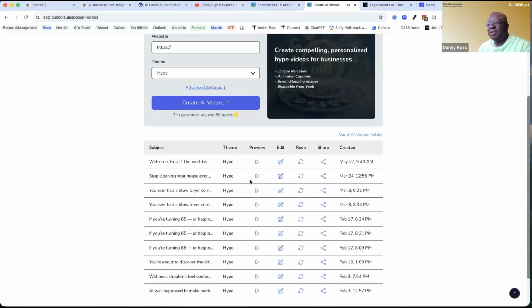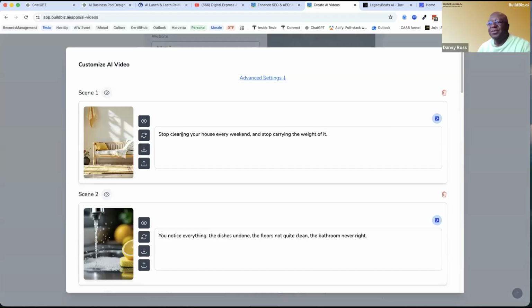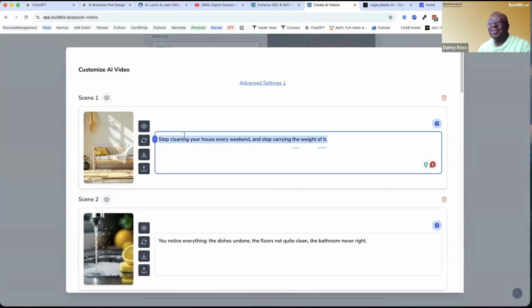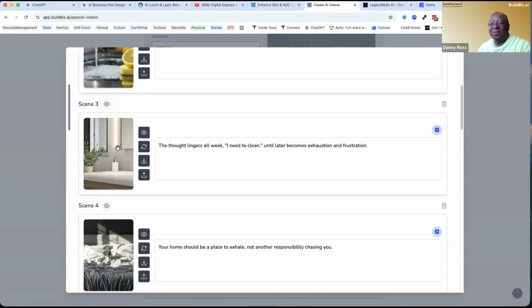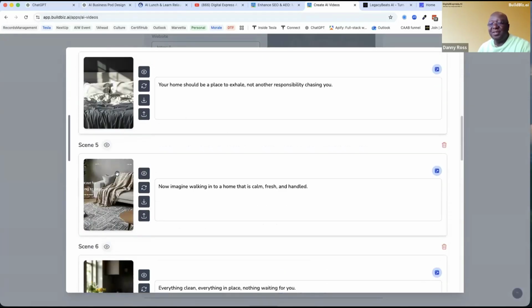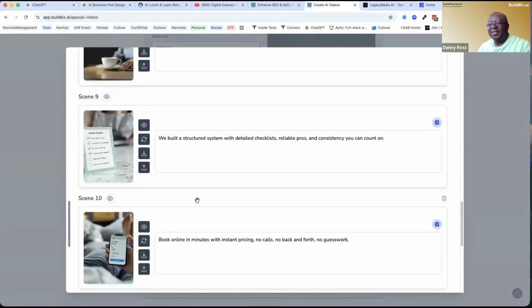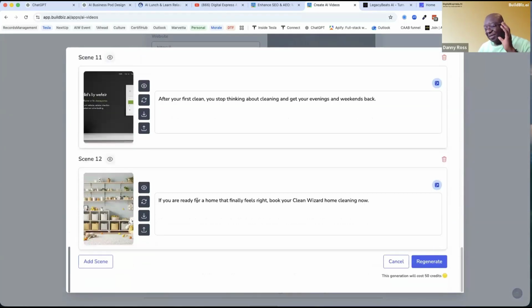So that's a simple call to action kind of video you can do in a couple of minutes using this tool. No experience required, because literally the AI is just going to read everything you type in here. It's going to generate all these images. And by the way, you can replace the images with something that you like better. And it has a call to action at the end. So you can drop this into your social media posts. You can drop it in portrait mode or landscape mode, depending on where you're putting it.